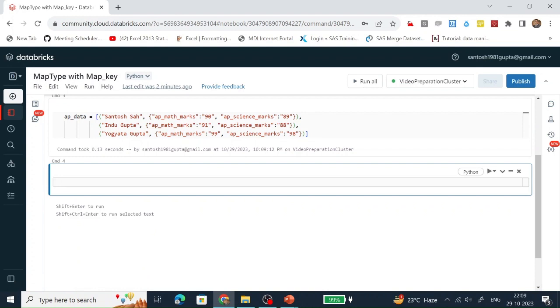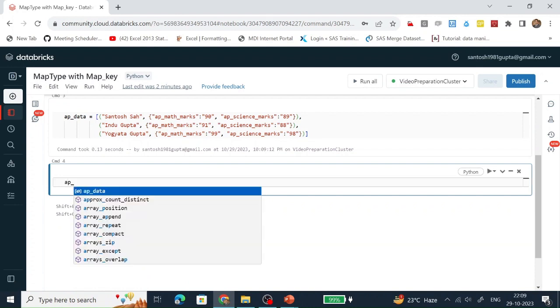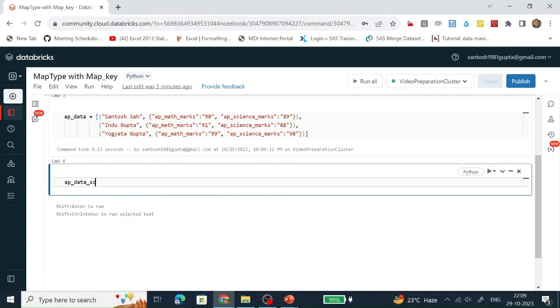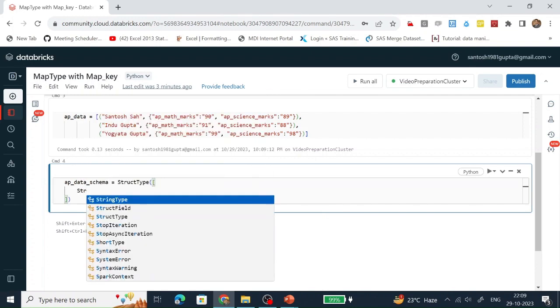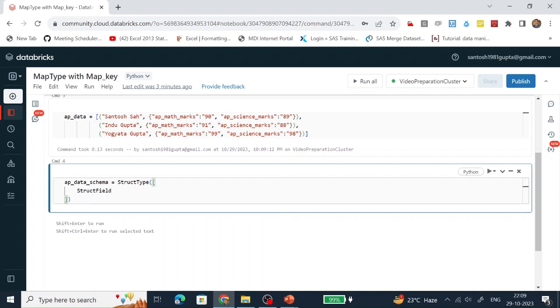Let's create the custom schema. We are going to create the custom schema with the help of a struct type. We are going to define the name of the column and its data type with the help of a struct field. The data type is of string type.